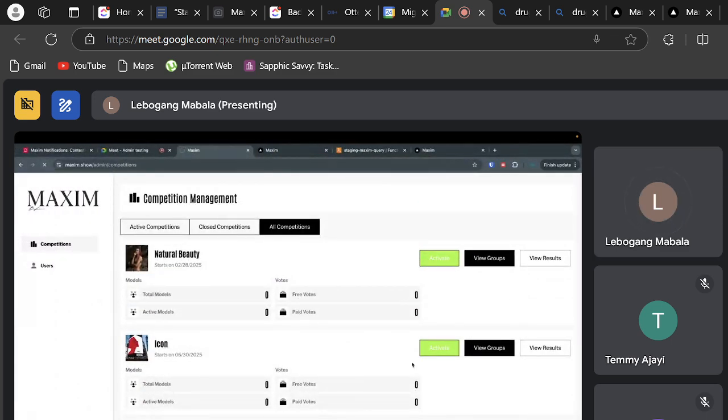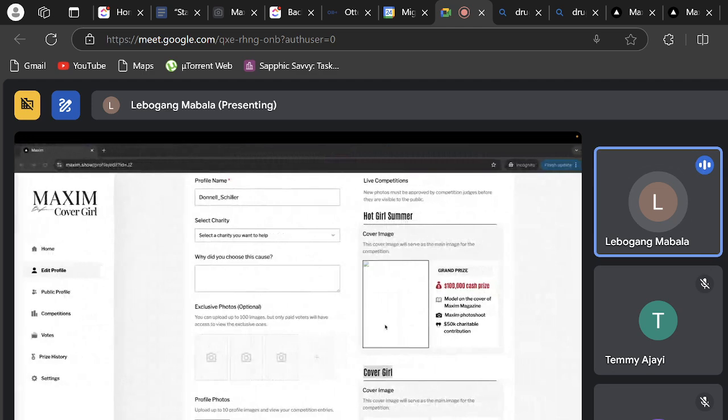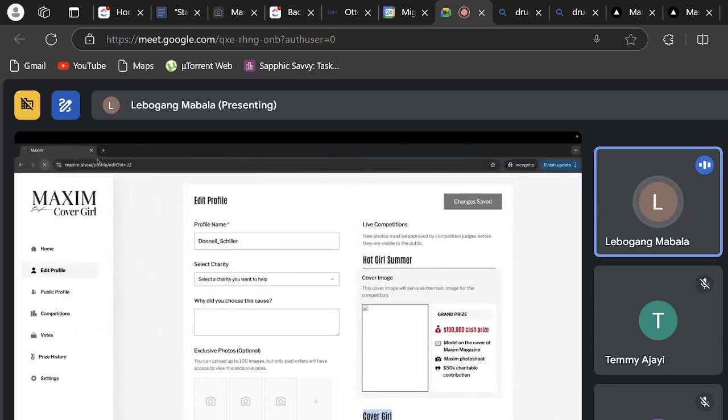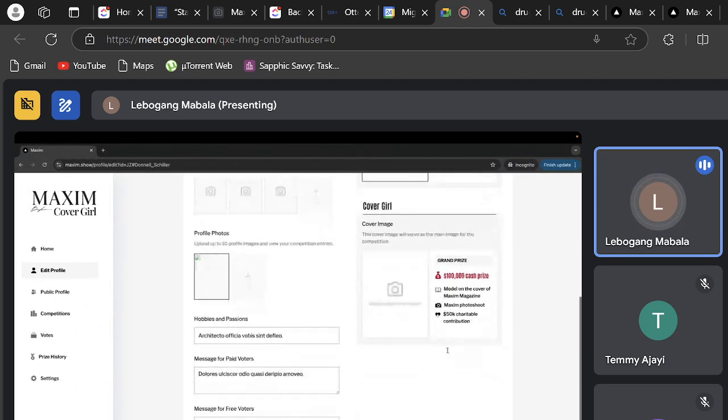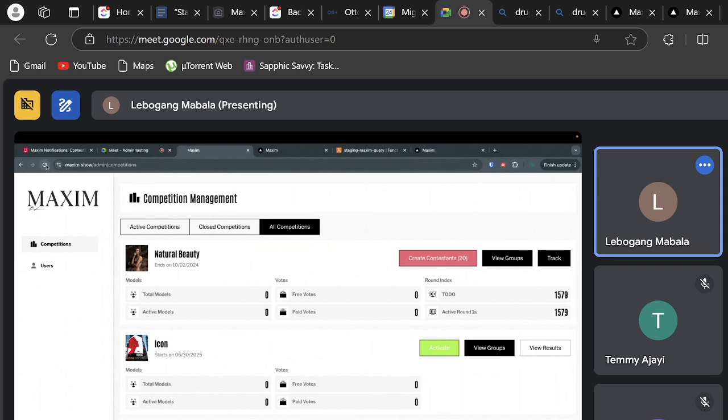This one, Natural Beauty. Yeah, it is Natural Beauty. If I add these people, then it will show on this side. Gelato is fixing the query, so it should be in the next release. Now, wait, did it add them? Not yet.